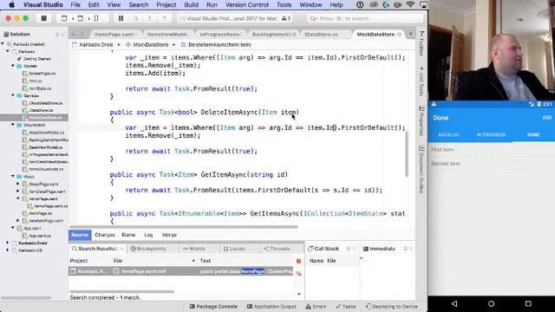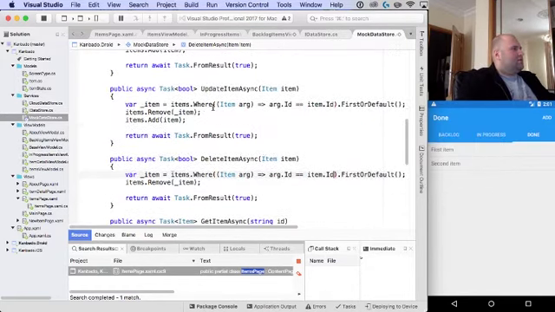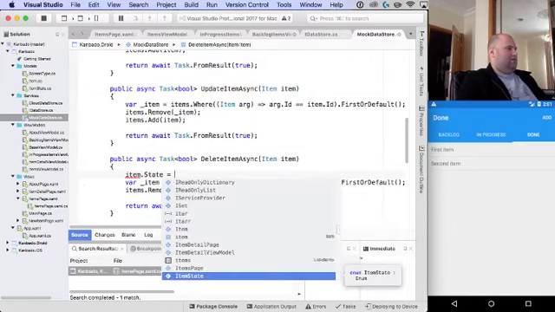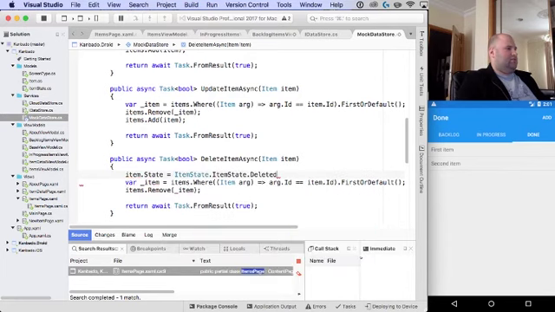It's finding the item that. What we actually want to do is closer to the updating. I'm going to say item dot state equals item state dot deleted. Really, it should be clone, but